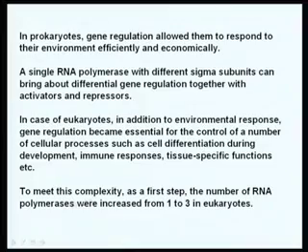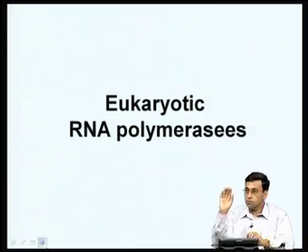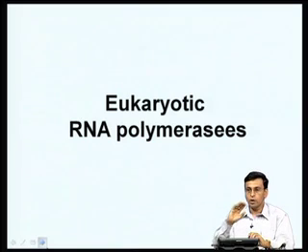To take care of all these things, the gene expression has to be regulated in a much more complicated manner than what is happening in the case of E. coli. E. coli is able to do with just one RNA polymerase and a bunch of sigma factors, but this alone is not sufficient when it comes to eukaryotes. You require a lot more complex regulatory machinery. So to meet this complexity of the eukaryote, as a first step, the number of RNA polymerases was increased from 1 to 3 in eukaryotes. While in the case of E. coli, just one RNA polymerase was able to do everything, in the case of eukaryotes, the one RNA polymerase became 3 to take care of this complexity.